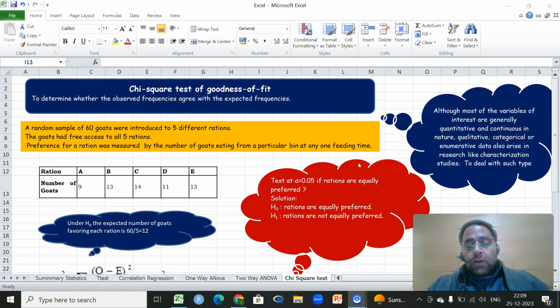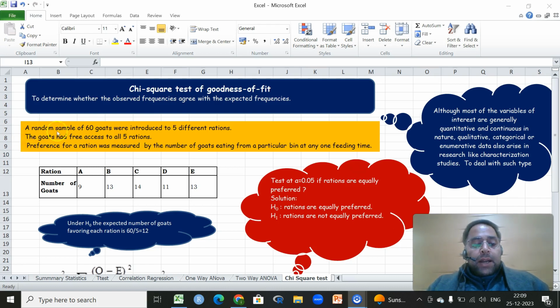Well, in this video we'll be doing a very basic analysis regarding one of its forms, that is the chi-square test for goodness of fit, which is usually used to determine whether the observed frequencies are in agreement with the expected frequencies. For that we have an